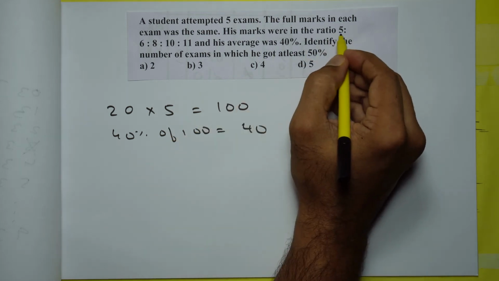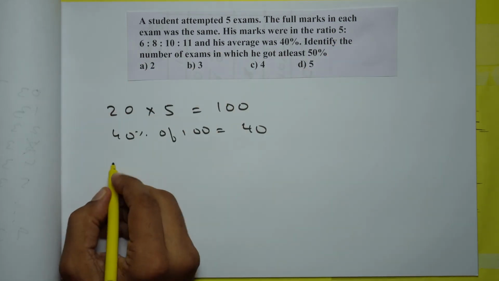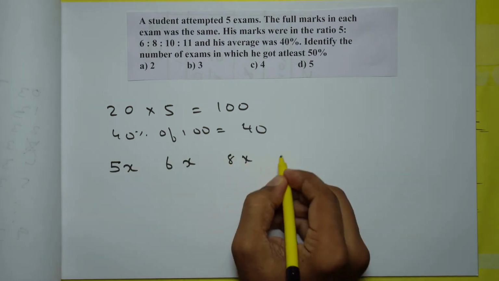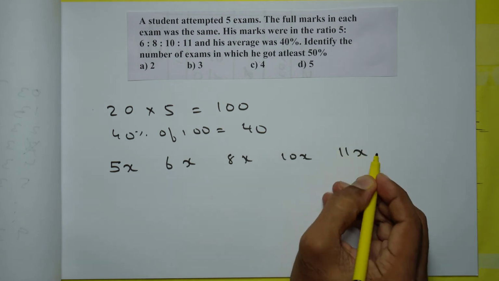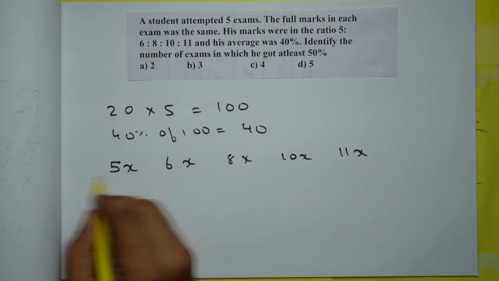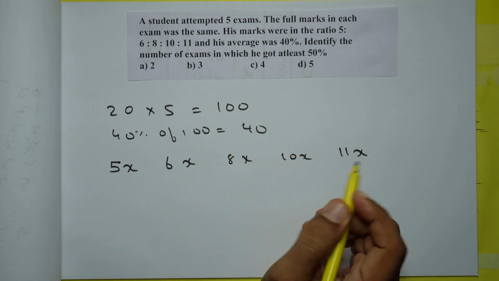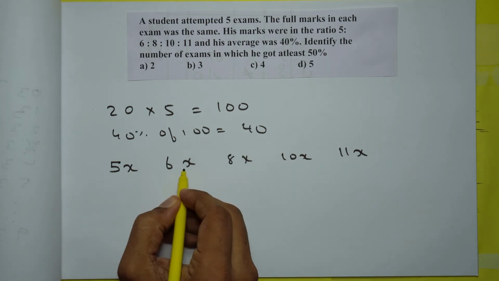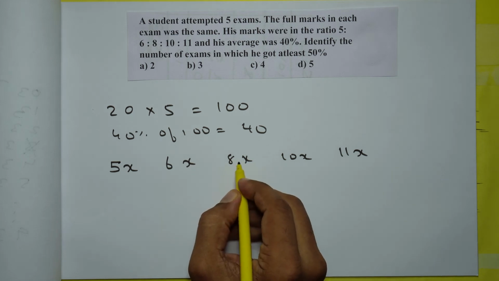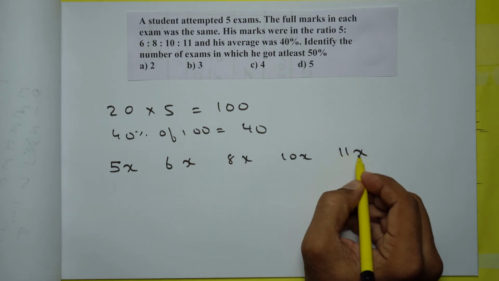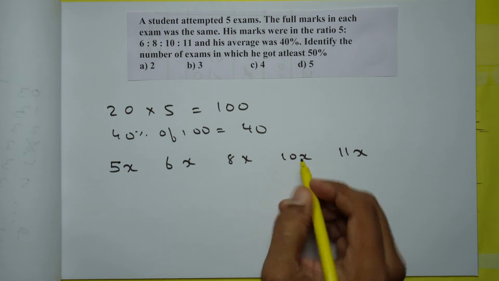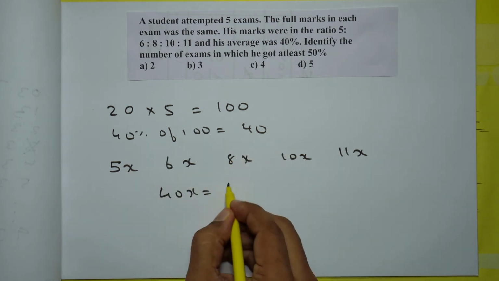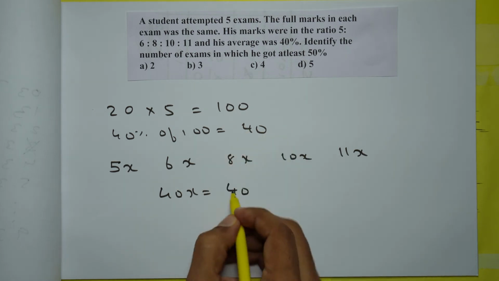Now his scores are in the ratio of 5:6 and so on. So you can take it as 5x, 6x, 8x, 10x and 11x. And this total, if you add it up, is equal to 40. So we'll just add it up. 5x plus 6x, that is 11x, plus 8x gives you 19x. 19x plus 11x gives you 30x plus 10x. So total is 40x, and that is equal to his total score, 40, from which you will get